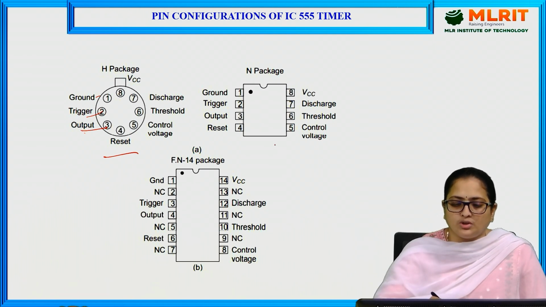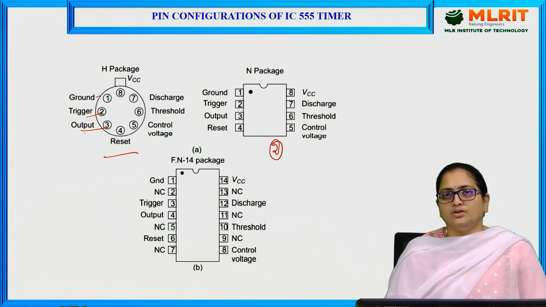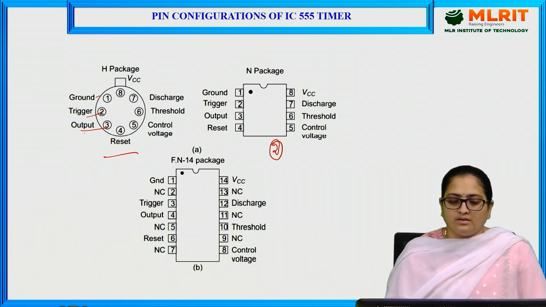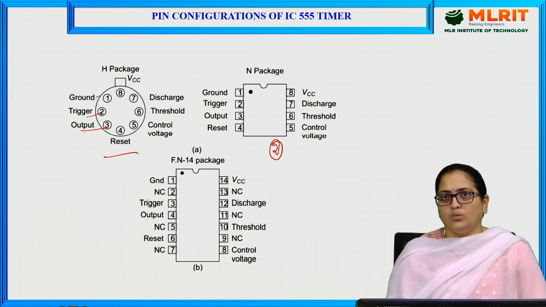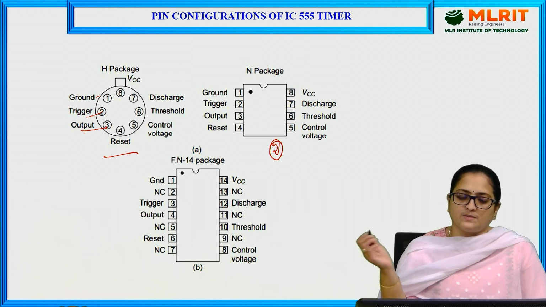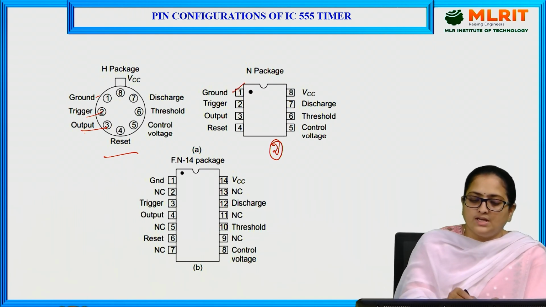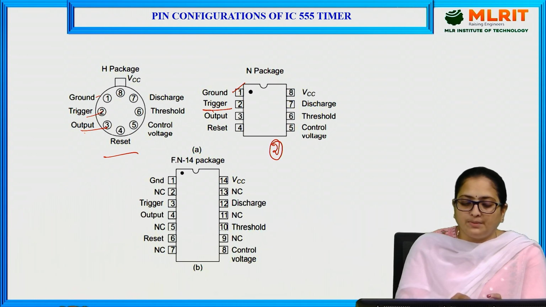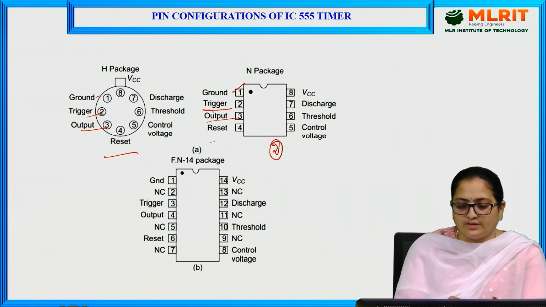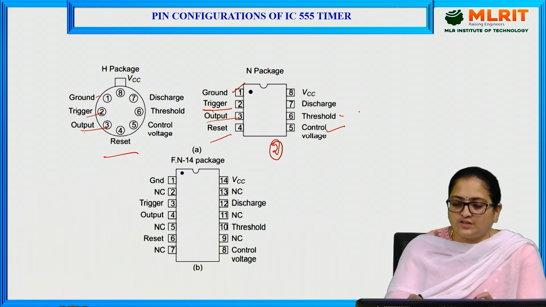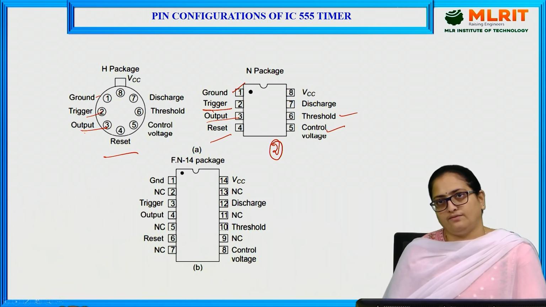Whereas in figure 2, it shows an 8-pin dual inline package, where it consists of 8 pins, and the IC you are seeing is flat with a black color top, and the 8 metal pins come out from the encapsulated area. And here the first pin is connected to ground, same as the metal can package. First pin is connected to ground, second pin is connected to trigger, third pin is connected to output, fourth pin is for reset, fifth for control voltage, sixth for threshold voltage, seventh for discharge and eighth for VCC.